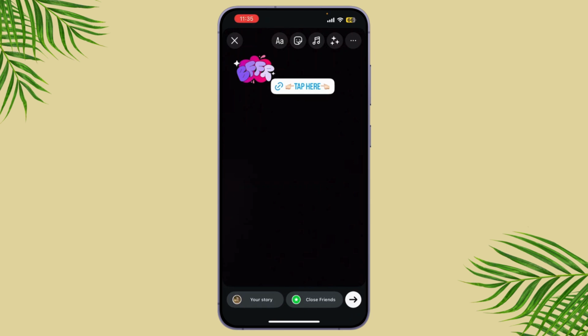And that's it. That's how you can simply change the text on your Instagram link stickers and how to use them creatively to drive more